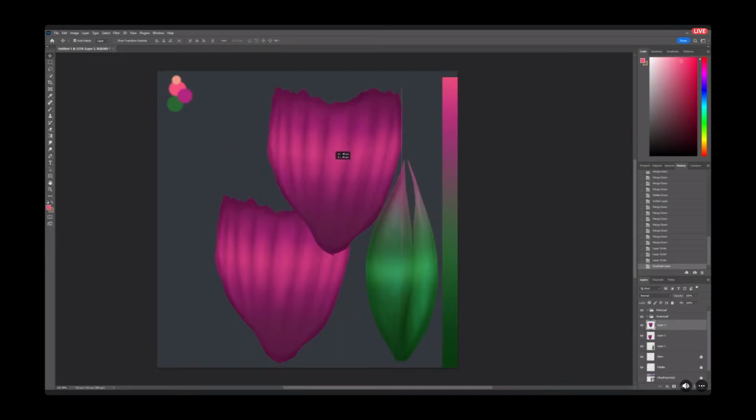And let's see. Now thinking back on it, what I originally wanted is a big peachy pink flower and then a more magenta one. So this is something I run into a lot. It's like, oh, I painted this and it's a harmony of colors, but it's not necessarily what I wanted. So beside this, we're gonna go back and color just this guy,